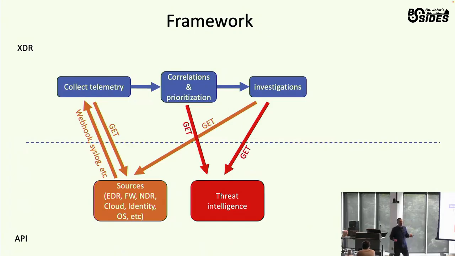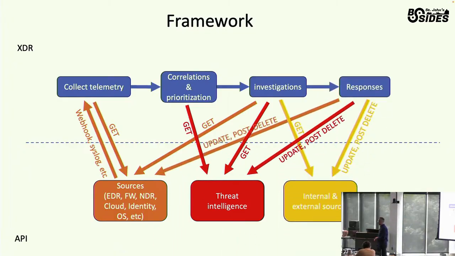Then the investigation part, right? Everyone needs to go into the investigation part. So from the investigation standpoint, first of all, we're still going to need to query those threat intelligence services, right? Can you give me the reputation of that hash? When was that hash first seen, right? Is there any tag associated with that hash? I mean, signature from a specific malware, campaign, and stuff like that. And also, we're going to reach out using API to the original source. Can you give me the context? Is there a user tied to that MAC address? Is there a user tied to that public IP? Right? And so on and so forth.